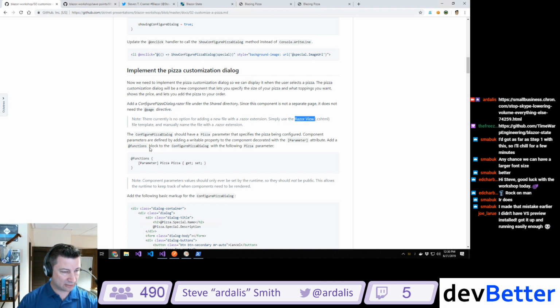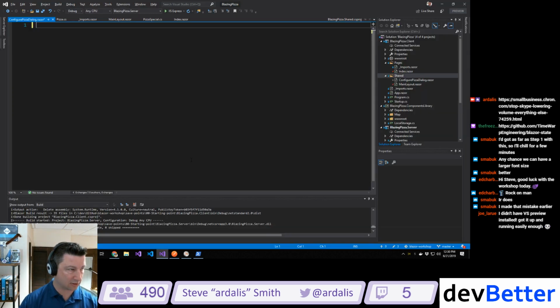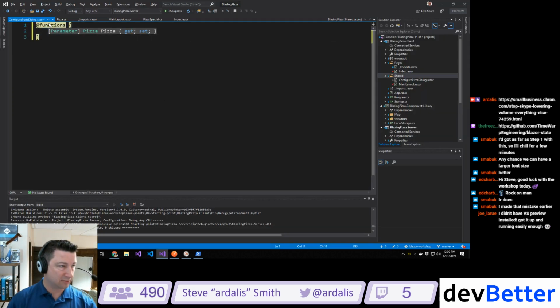Should have a pizza parameter that specifies the pizza. Component parameters are defined by adding a writable property and decorating it with parameter. So we're going to create a functions block, which we're going to call code in a second, and give it a parameter